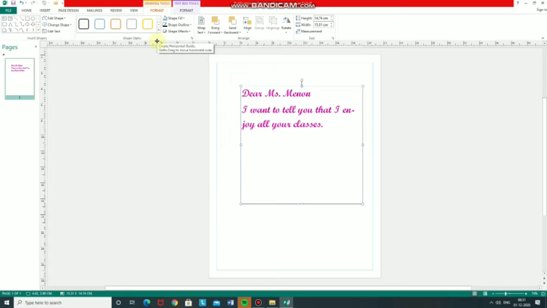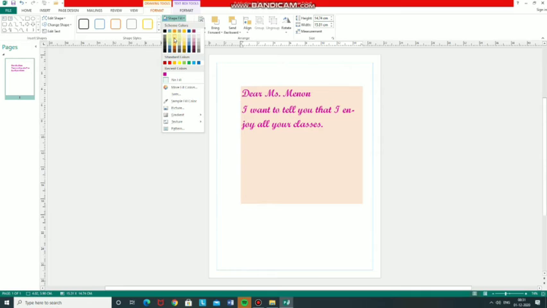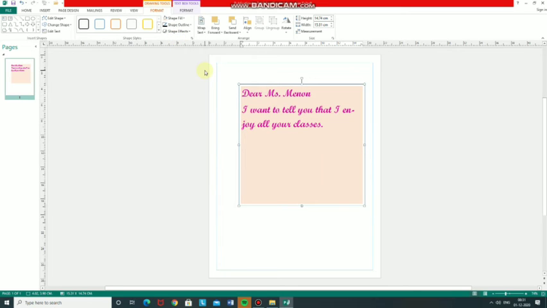Click the Shape Fill option and select the color shown in Figure 4.13 to fill the text box. See the Figure 4.13. Click on Shape Fill Color and you can see in the Figure 4.13 this color is selected. Then click Shape Outline and select the color shown in Figure 4.14 to change the outline color of the box.